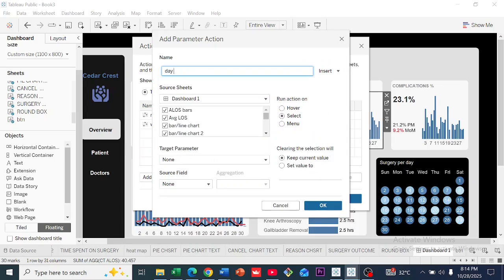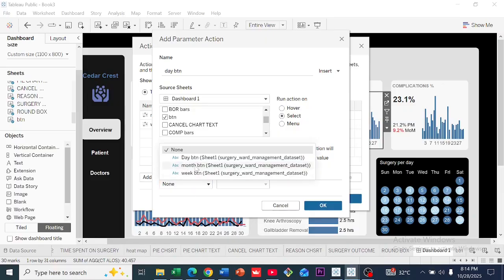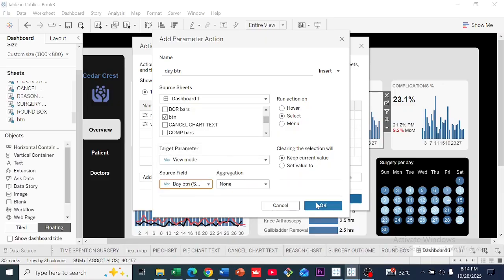Let's call this our day btn. Same process, click this, Control Shift, uncheck. Let's look for our button sheet. Our target parameter is view mode. Our source field is going to be day button, and